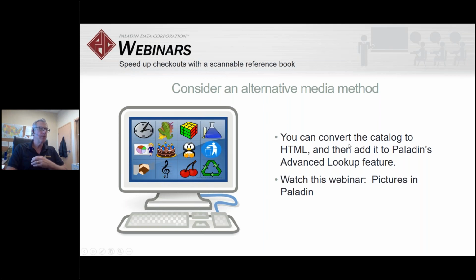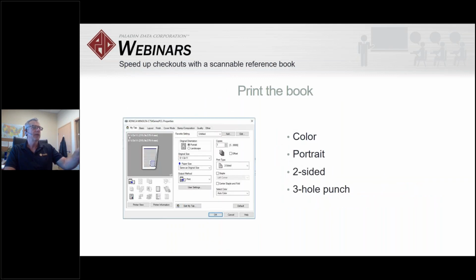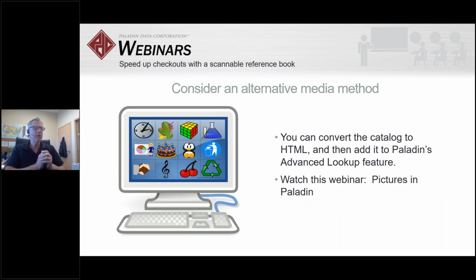You're right. Okay, so when I say portrait, this is the style I'm looking at. I was talking portrait. Now, this image we're looking at right now is the monitor. So what I'm trying to get across here is that you can also take the information that is in the book,